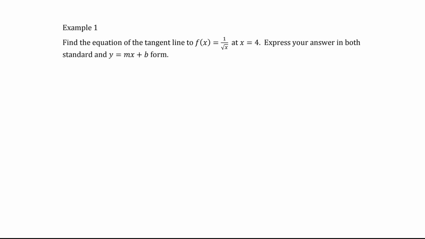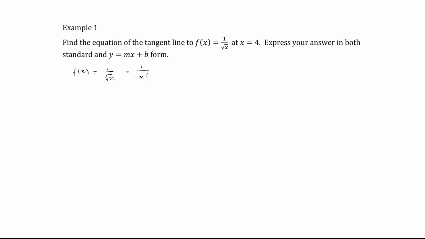In the previous video, we looked at how we can take the derivative of different polynomial functions. So that's basically a function that is composed of terms to different powers, right? And really, this is exactly what we have here. We are going to start by rewriting the function that we have. We are given f(x) equals 1 over the square root of x, but in order to use the rules that we have learned in the previous video, we have to rewrite this. And so we know that we can rewrite a square root